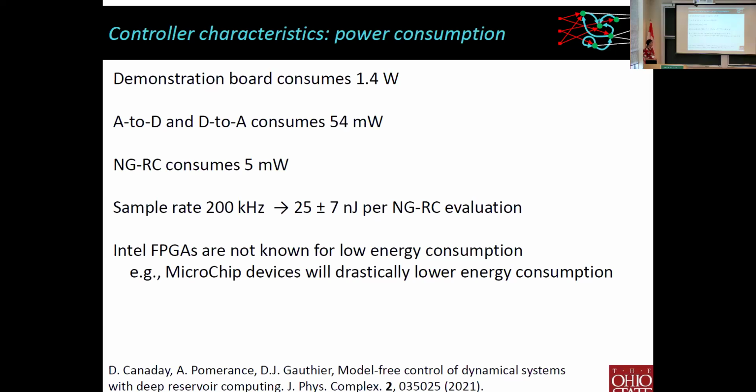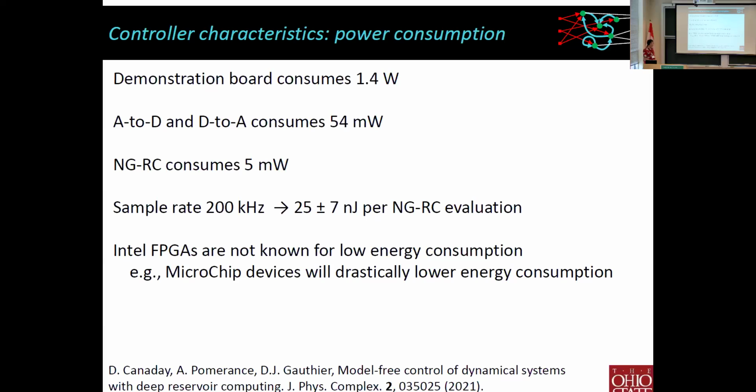It turns out that board consumes about 1.4 watts. It's mostly all the other stuff on it that we're not using. The A to D and D to A converters consume about 54 milliwatts. The NGRC is only about 5 milliwatts. And so we're running at a rate of 200 kilohertz, so that's about 25 nanojoules per inference of the machine